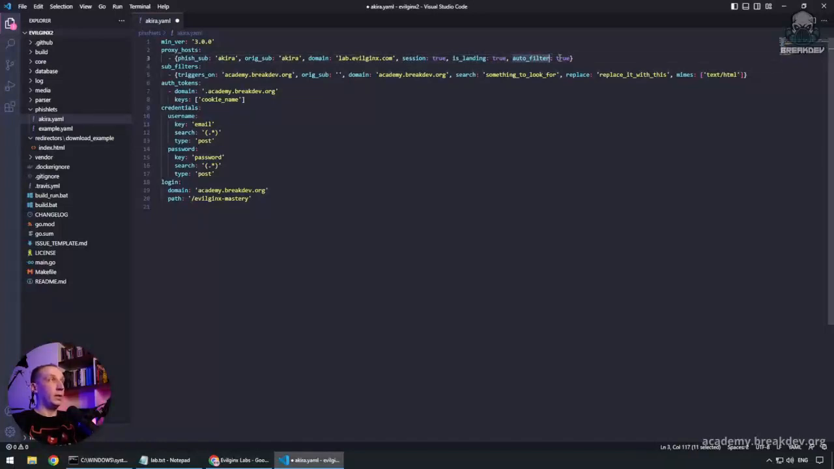The auto filter is set to true by default. It is actually something that I added a long time ago, and you do not have to really worry about it. But in previous versions of EvilJinx, the EvilJinx would not automatically replace the